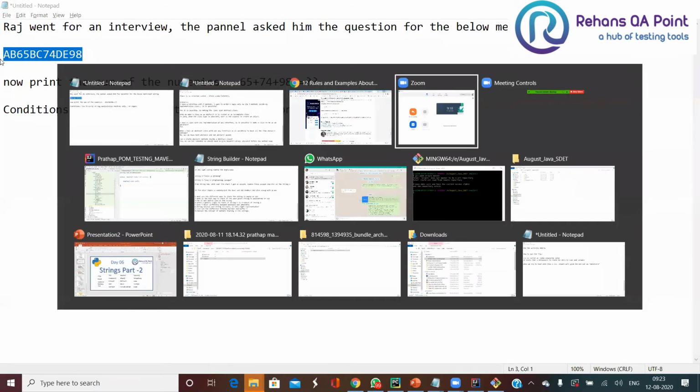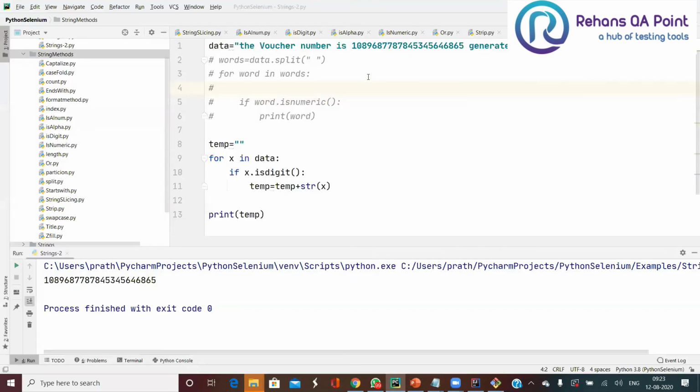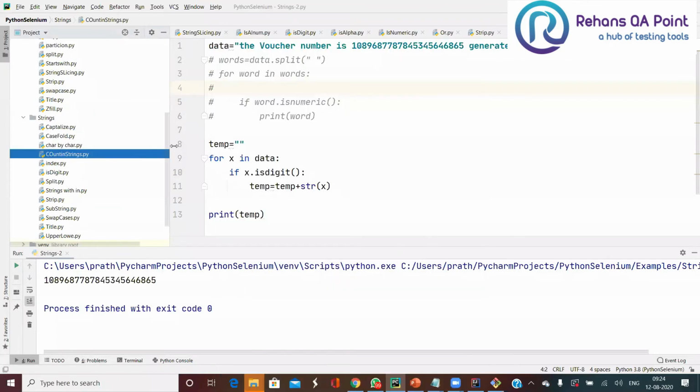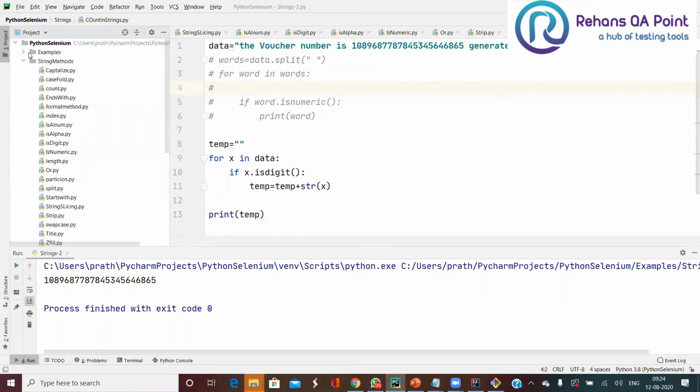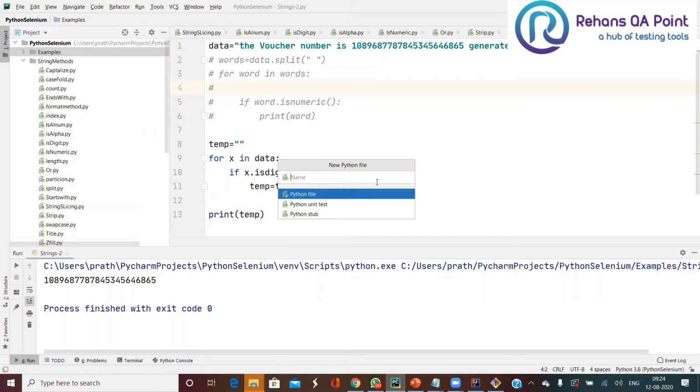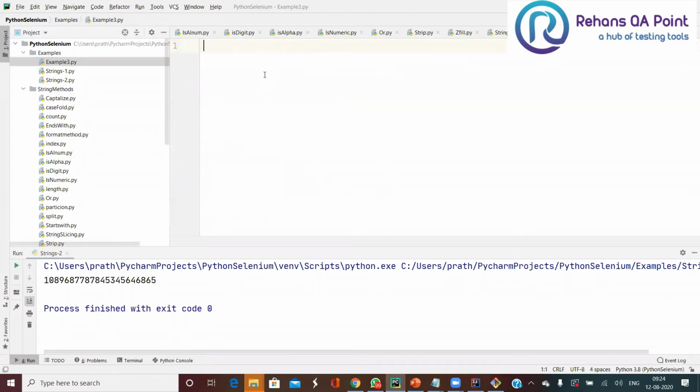Let me open my PyCharm and start creating one more Python file, and I'm going to name it example3.